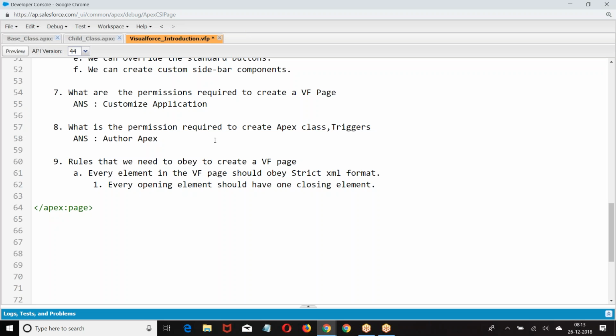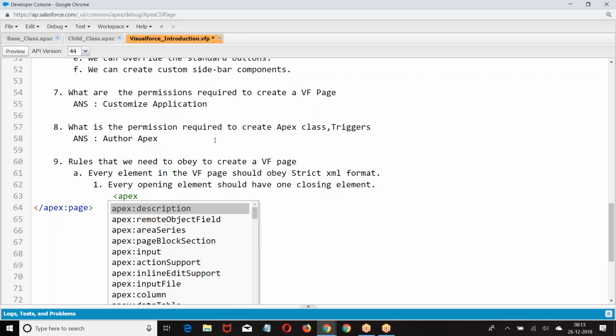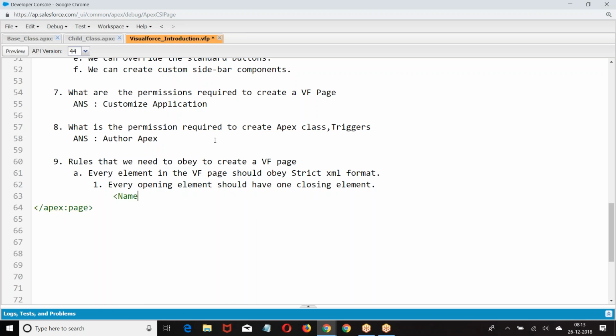So look at the format. Now this is the opening. This is the name, body of the element. Here we have